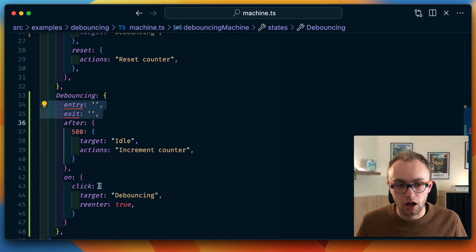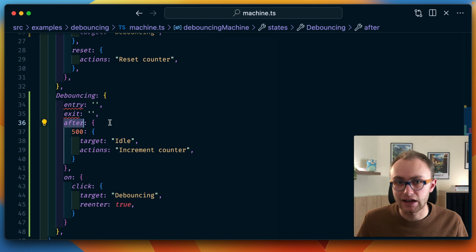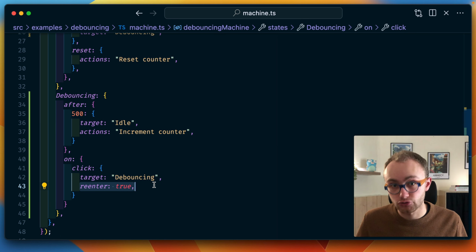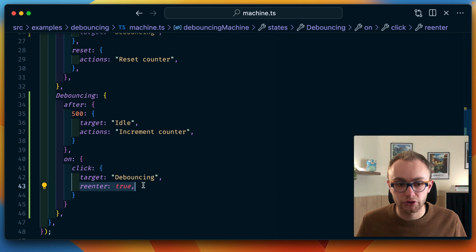So in the case of a self transition like this, we want to re-execute the entry, exit, and after actions. And without the re-enter true, it wouldn't happen because you don't necessarily want to recreate timers and re-execute entry and exit actions for each self transition. This is why it's not the default behavior, but this is what you want when you need to recreate a